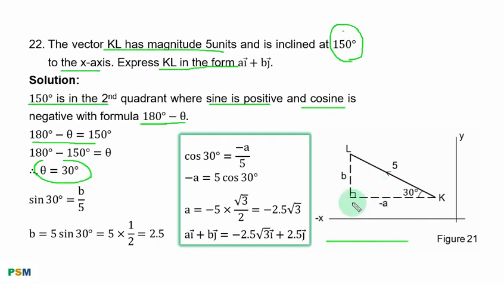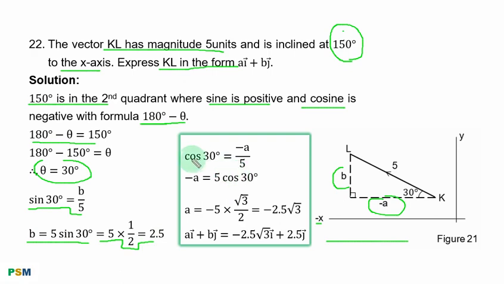You have the diagram for the given information. You have it in the second quadrant because the given angle is in the second quadrant. In that quadrant, x is negative, hence you have minus a. b is positive because y is positive in the second quadrant. Therefore, sine 30 degrees is equal to b over 5. Multiply through by 5 to clear fraction, and that is 5 times 1 over 2 equal to